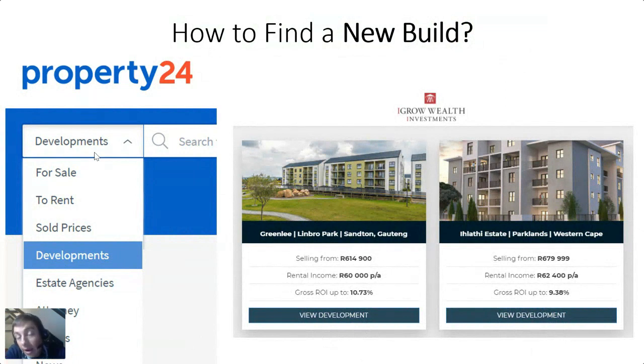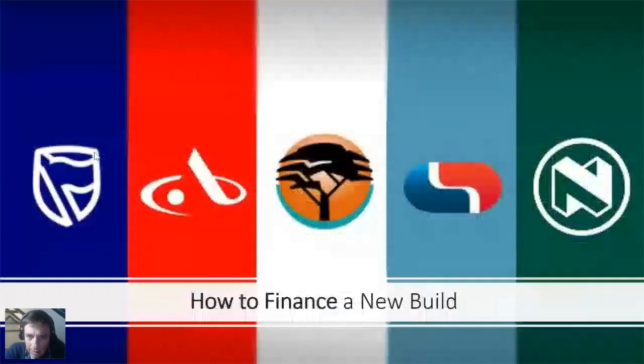So I like iGrow. I think iGrow is a really effective marketing agency. But yeah, you can either go on Property 24 or you can go and find a developer and work directly with them. In terms of financing a new build,